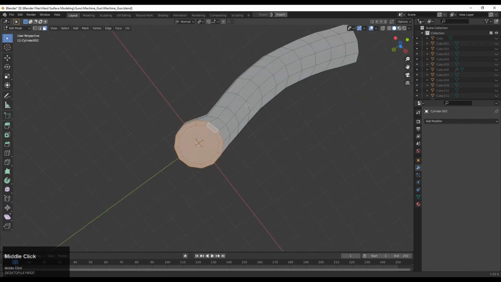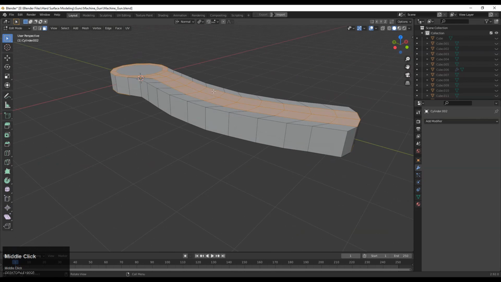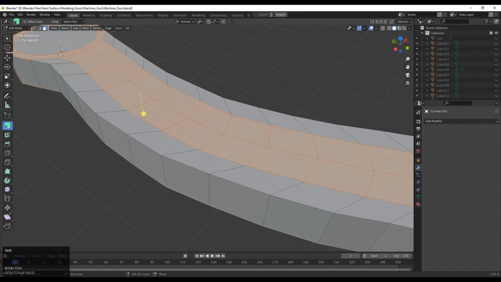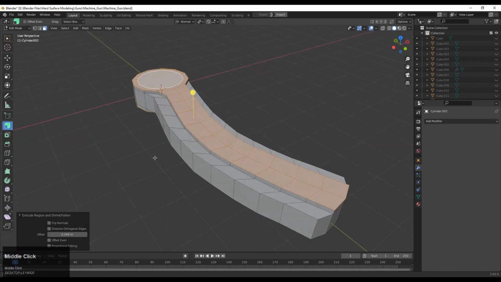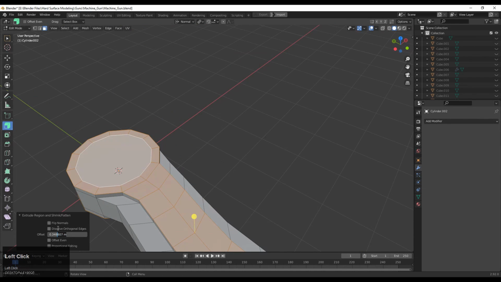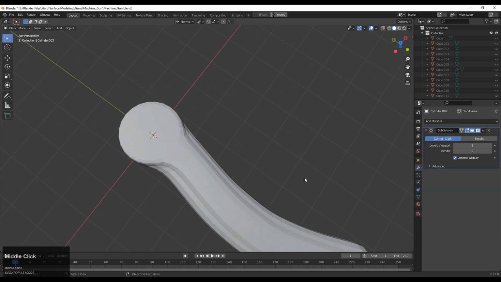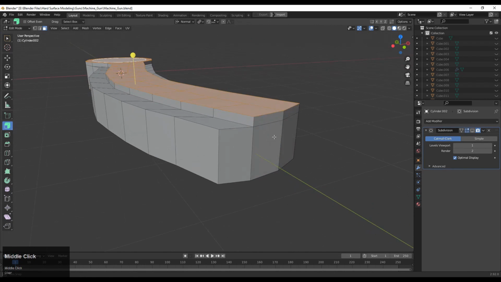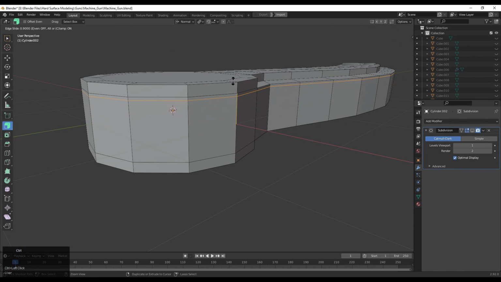And just we will extrude this along the z-axis, just to add a little bit of detail. So just select these faces, this one remains, and then you need to extrude them along the z-axis. So just extrude it. And then we need to add the subdivision surface modifier. So just add a subd modifier, and after that you need to increase its level and see where you need to add more loop cuts, and add the necessary loop cuts to maintain the form of the model.